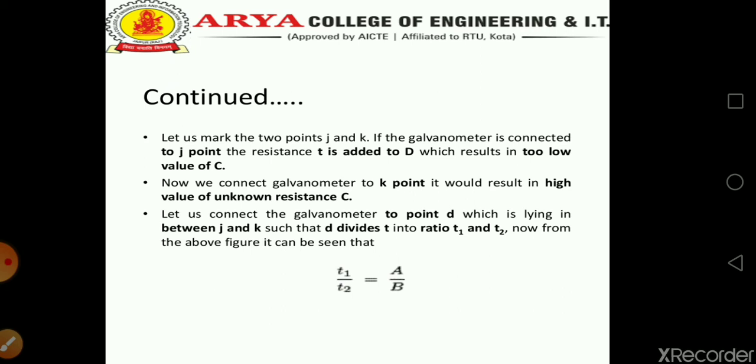Now from the above figure, it can be seen that T1 upon T2 equals A upon B. Continuing, C plus T1 equals A upon B times D plus T2. Also we have T1 upon T2 equals A upon B. Putting this in the equation, we finally get C equals A upon B into D. Thus, we can conclude that there is no effect of T, for example, the resistance of the leads. Practically, it is impossible to have such situations. However, the above simple modification suggests that